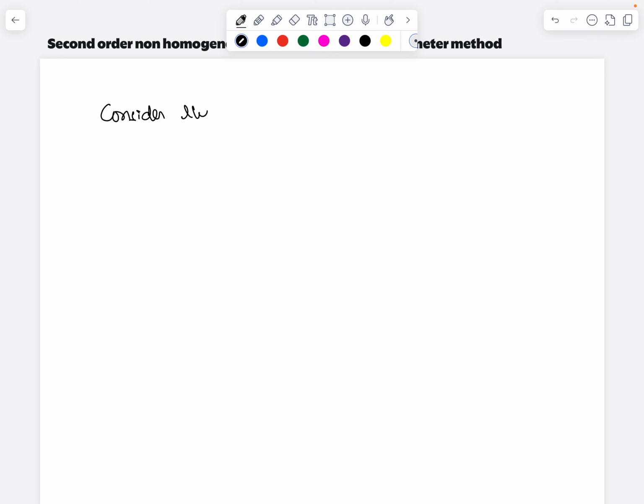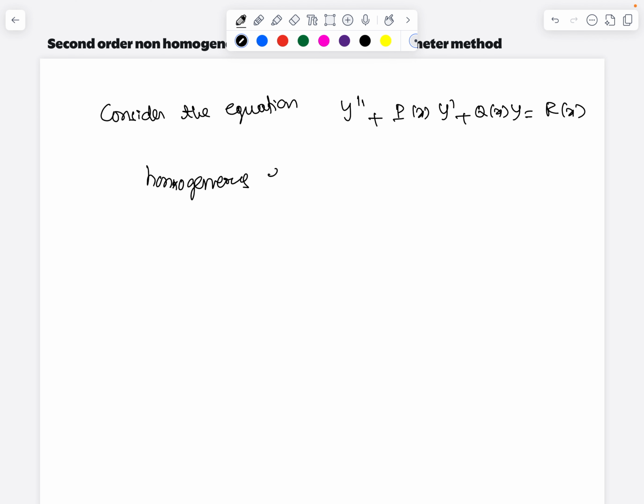Consider the equation y double prime plus p of x into y prime plus q of x into y is equal to r of x. Here we first try to solve the homogeneous equation, y double prime plus p of x into y prime plus q of x into y is equal to 0,